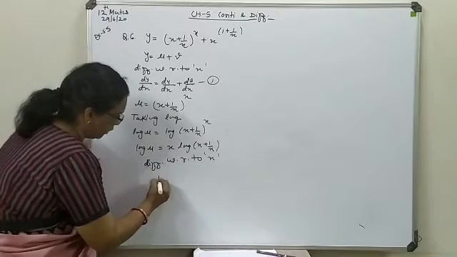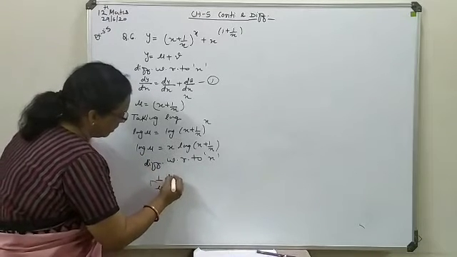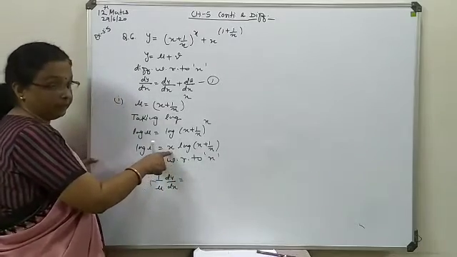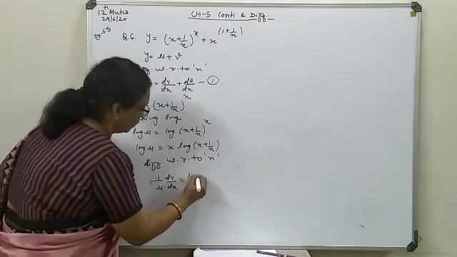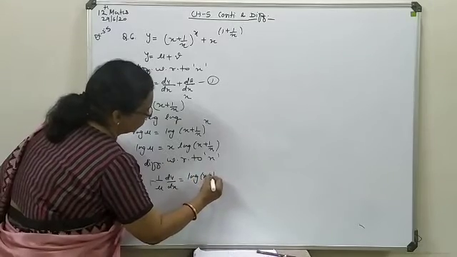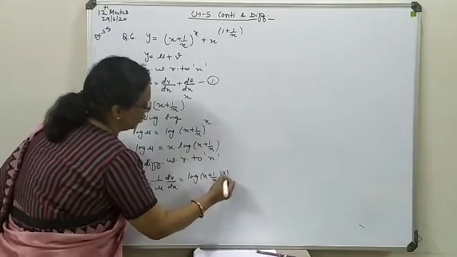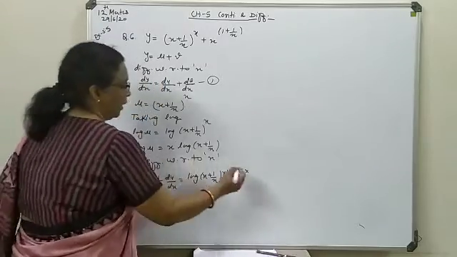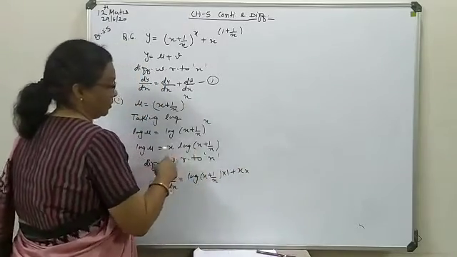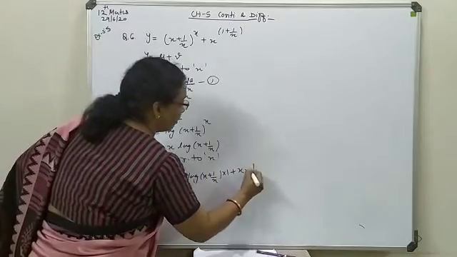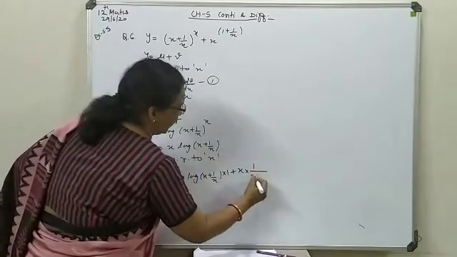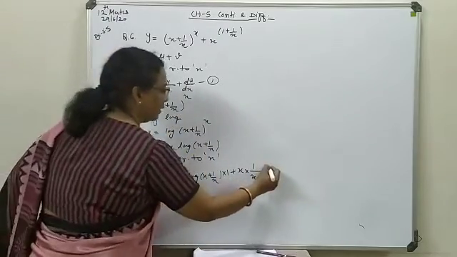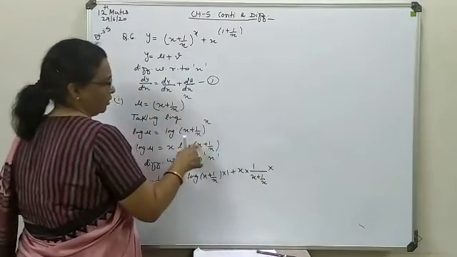It is 1 upon u du by dx. Differentiation of x you will write as 1, so the log term is to be written as such. Differentiation of x is 1, plus x you keep at its position. Derivative of this log form: first of all it will be 1 upon (x plus 1 upon x). Secondly, as a chain rule, differentiation of this form.